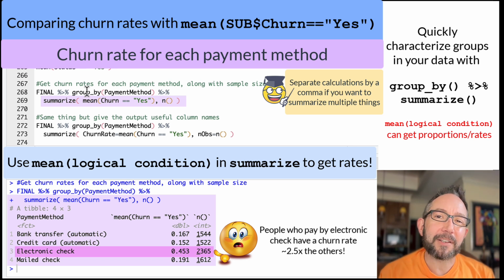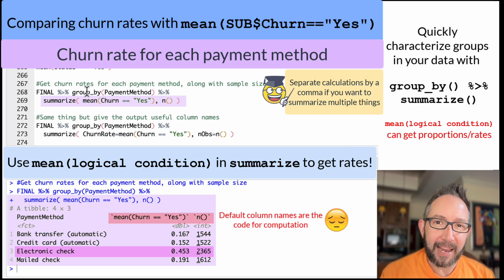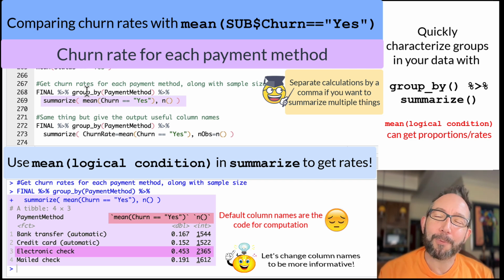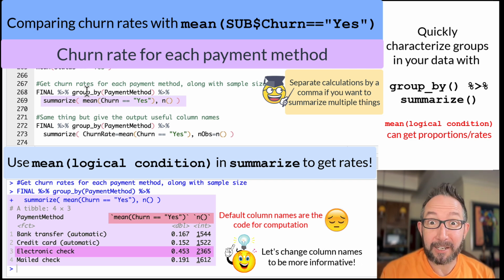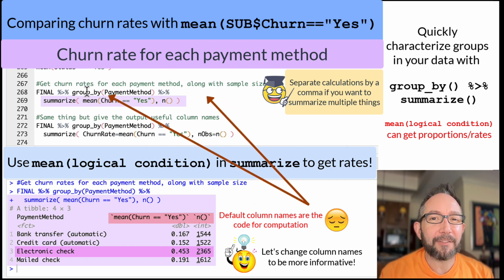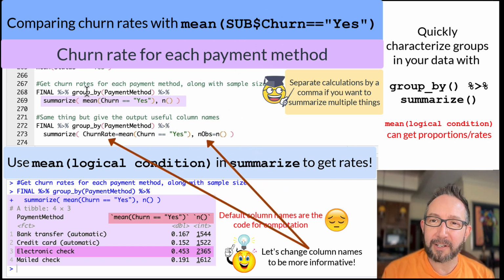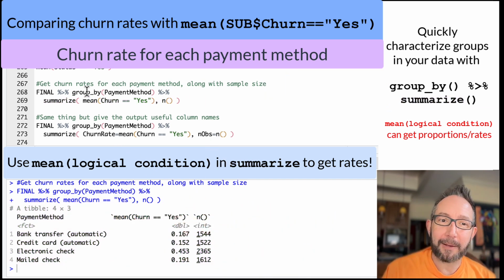Now, you will notice that the output, this data frame that gets output by the group by and summarize function, has kind of awkward column names. We have some back quotes, and the column name by default is just named after the computation that was passed to the summarize function. What if we wanted to have a more informative and readable name? Maybe we wanted to save this and do analytics later on. Well, we can always give it column names at the time we run summarize just by putting an equal sign